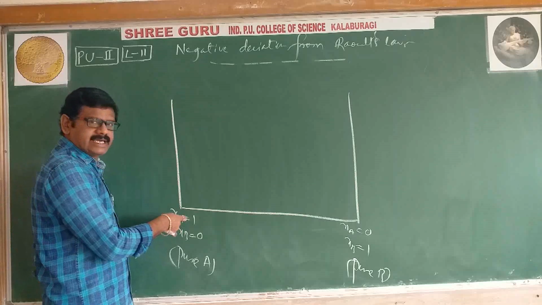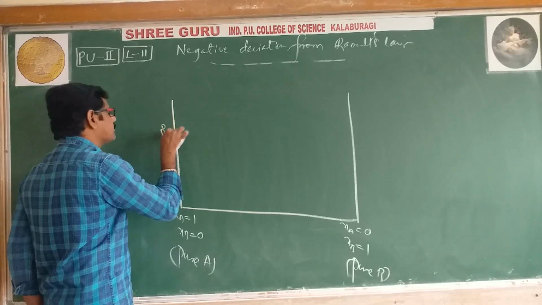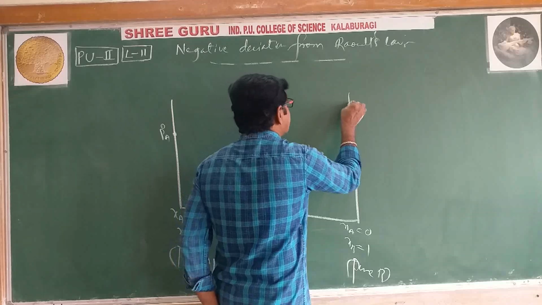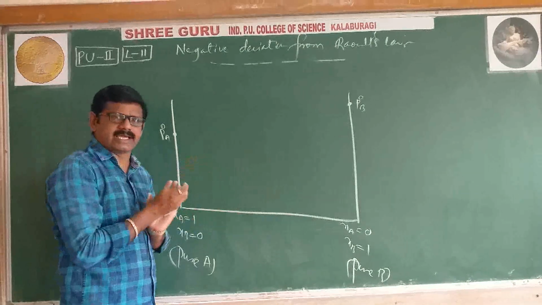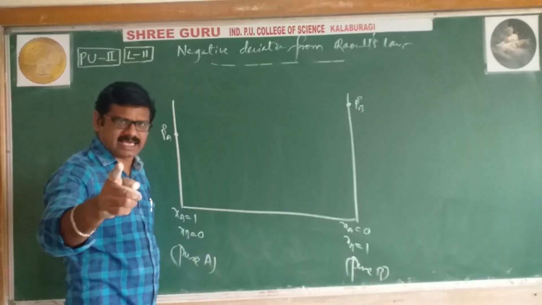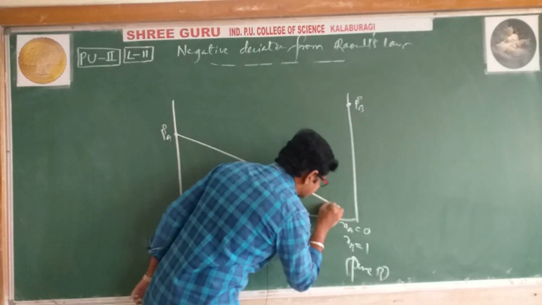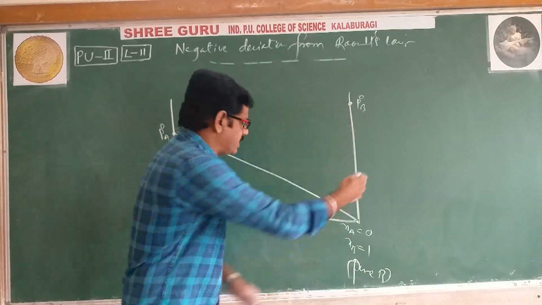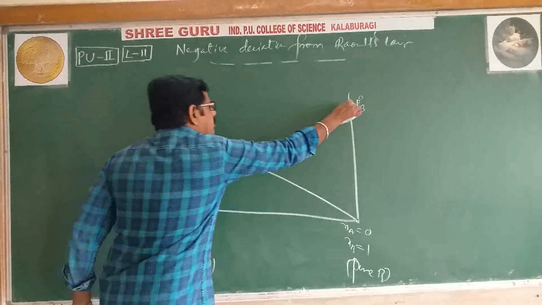Now only component A is there. Its pressure is nothing but the pure pressure, which we show as P naught A. Here only component B is there. Its pressure is the pure pressure, which we show as P naught B. Then when we go from left to right, XA becomes 0, meaning component A pressure decreases like this, and here it becomes 0. And exactly, component B pressure is this much. When we come from right to left, component B pressure decreases and becomes 0. We'll show it like this.